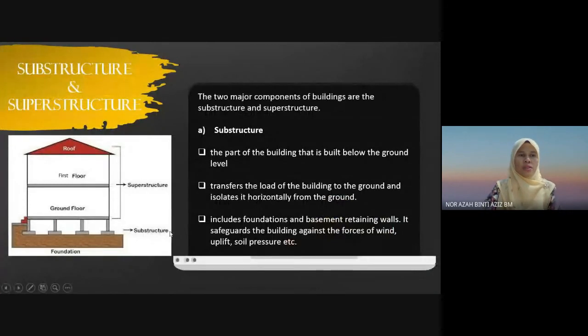Okay, so now we go to substructure and superstructure. What is substructure and what is superstructure? Before this, we just know about slab, beam, column, foundation, roof. Okay, which one is substructure? Which one is superstructure? Okay, we go to